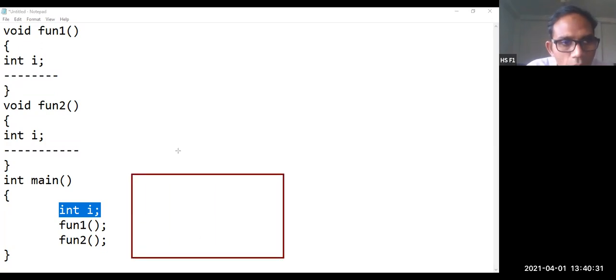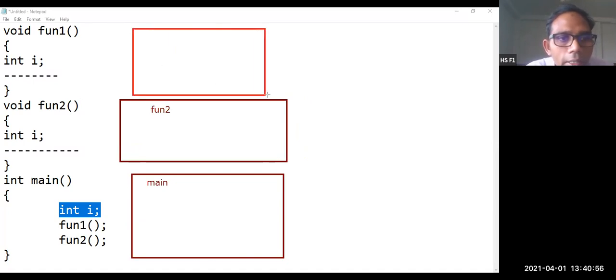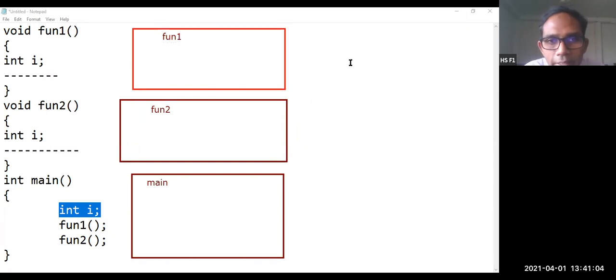Now this memory is called main memory, the memory associated to main, and here this memory is associated to function 2. And the memory that will be allocated over here is associated to function 1. I hope it is clear now. Three different memory locations.